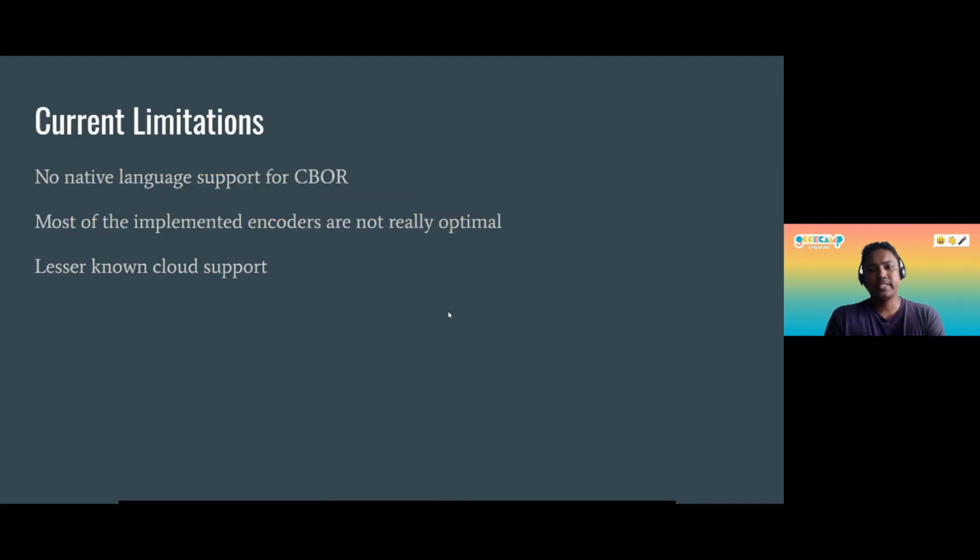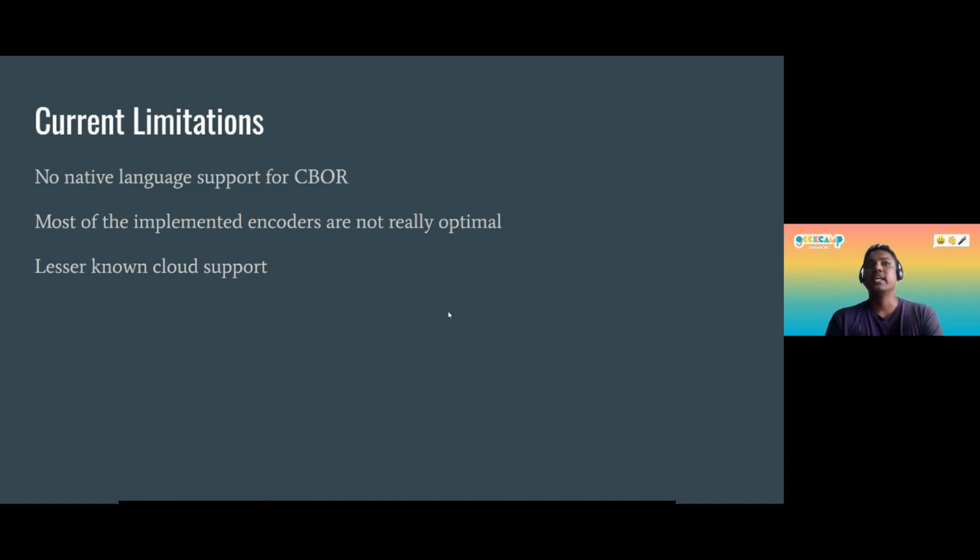And if you see the current limitations, the first problem is that CBOR is relatively new, even though this is in standard. So there's no native language support like we have native support for JSON in JavaScript, and most of the languages, like .NET Framework, are also moving towards native support for JSON.